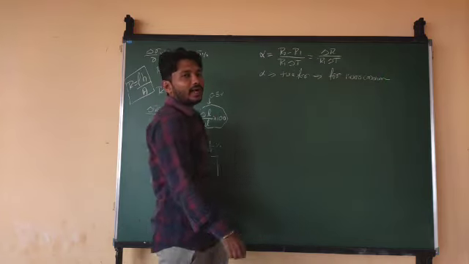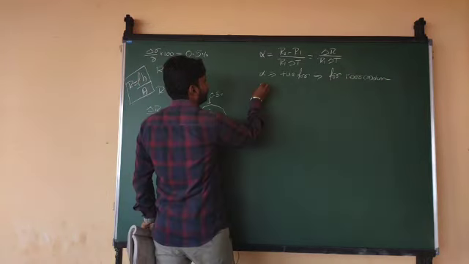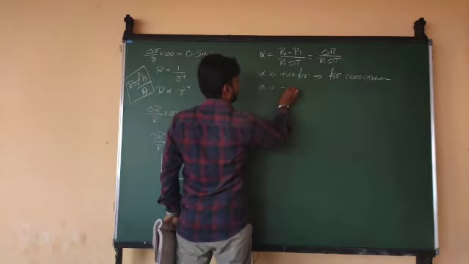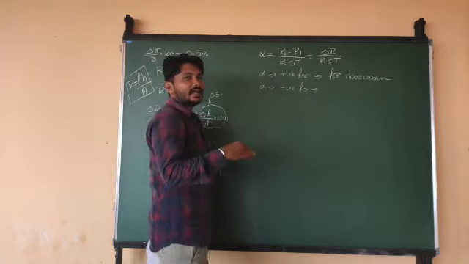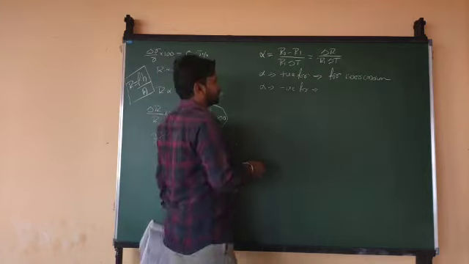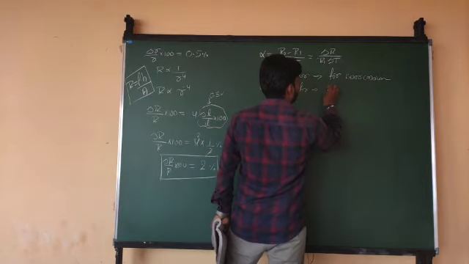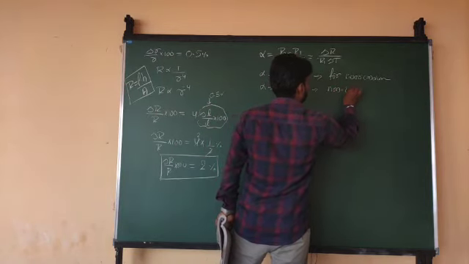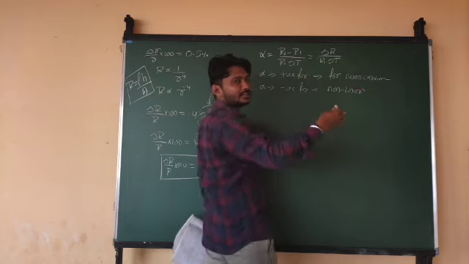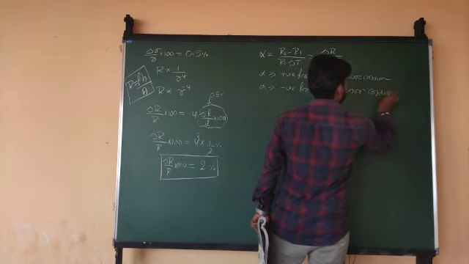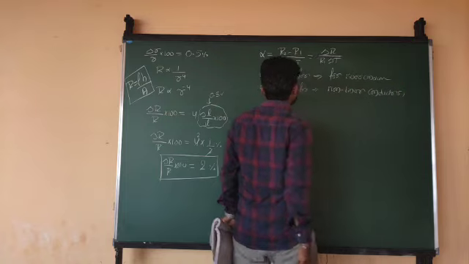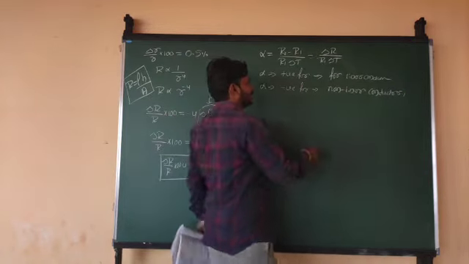Okay. The alpha value is negative for semiconductors. So it has a negative value for semiconductors and for non-linear conductors. Non-linear means it's not in straight form. Non-linear conductors. Okay, and for semiconductors.